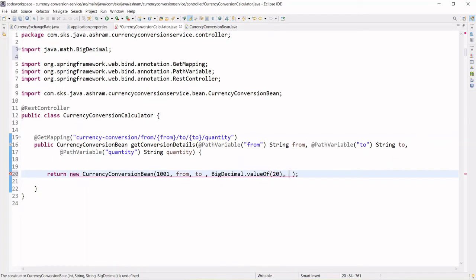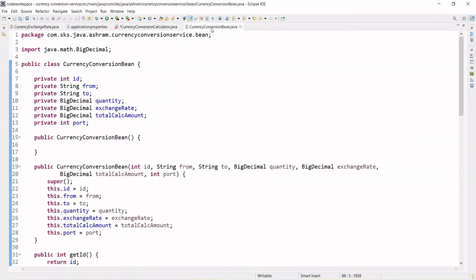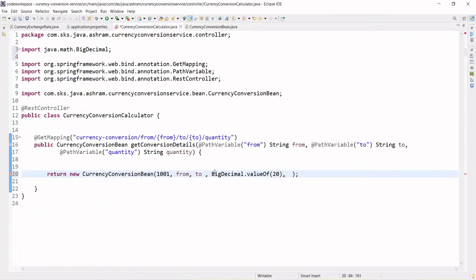And thereafter what is the other parameter? Exchange rate, right? So same thing with the exchange rate. Let's say currently the exchange rate is 73, right? Comma, okay, and we are passing the total calculated amount.